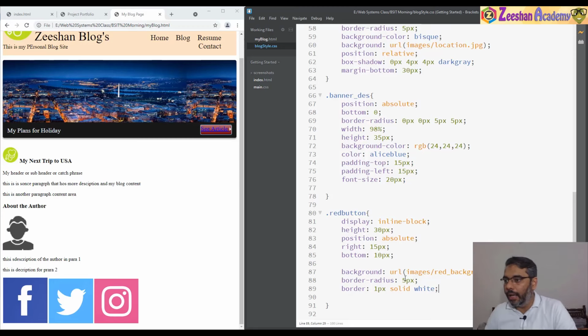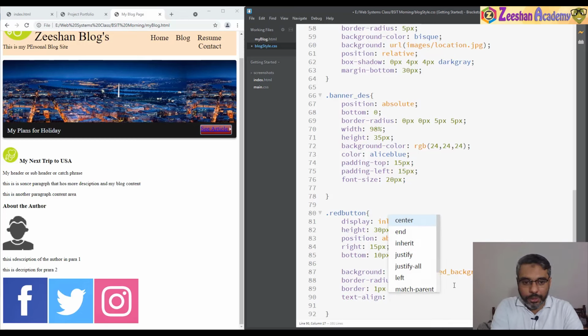Okay, and now you can see this is a white border color with a 1 pixel solid, right? I made it white so it appears more apparent. You can change it to whatever you like. Okay, text align, sometimes we do that, making sure the text is aligned on the center. Then we give it some padding,